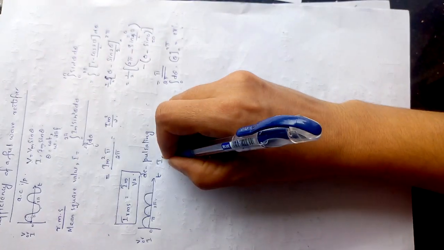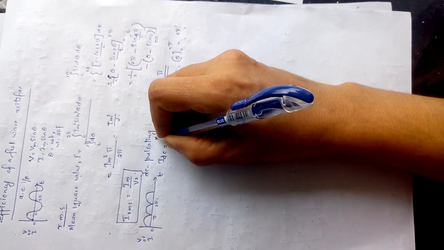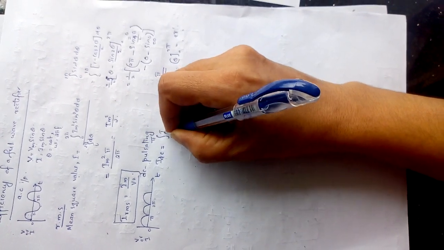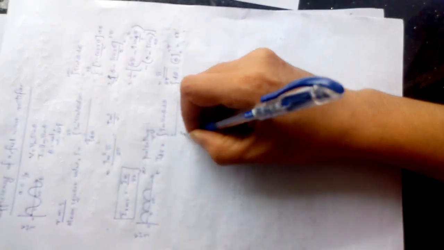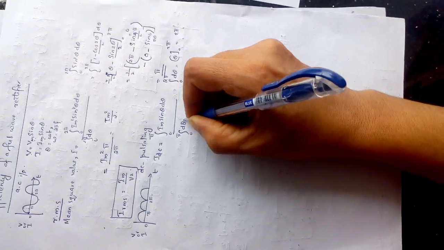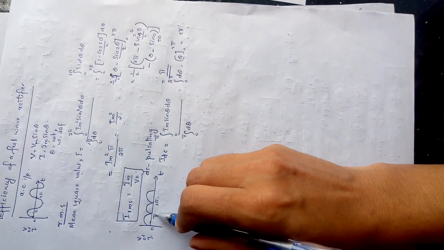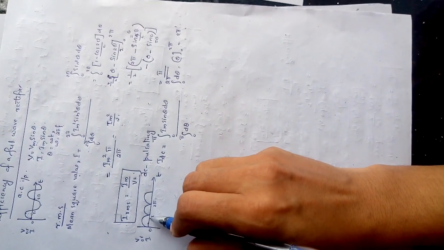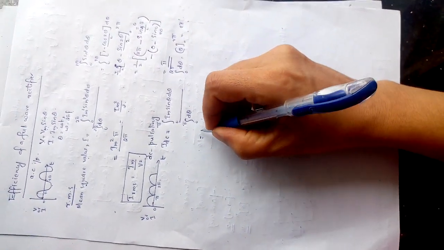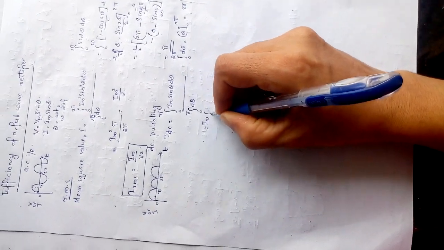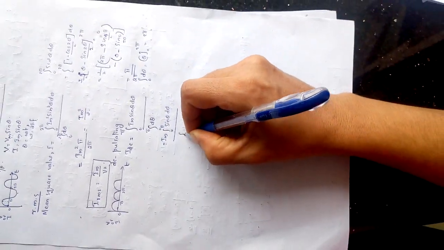In order to find the DC value of the current, we can integrate this expression between the limits 0 to pi, Im sin theta d theta, divided by the integral 0 to pi d theta. Here the repetition of the wave is within the interval 0 to pi, so we can sum these values and take the average of these.